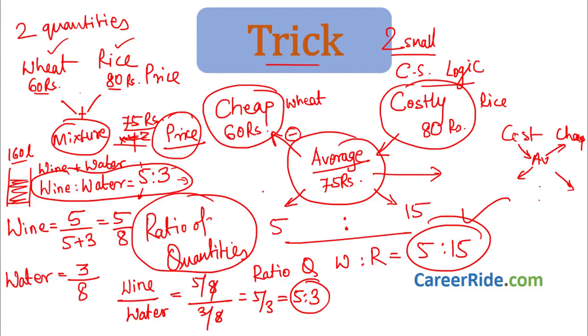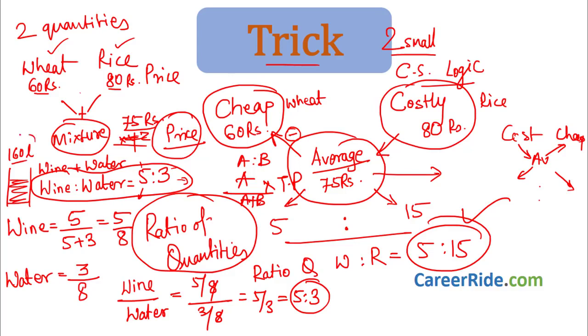So whenever you have a mixture and they have given the ratio of 2 quantities, one quantity can be expressed very easily as 5 upon 5 plus 3, that is 5 upon 8, that is 5 upon the total amount of liquid which is there. You must have seen the videos related to partnership or ratio and proportion. This is similar to that. Whenever we are finding share of profit of A and B, if it is A is to B, share of A would be A upon A plus B into total profit, right? Same way over here, amount of wine is 5 by 8 parts.